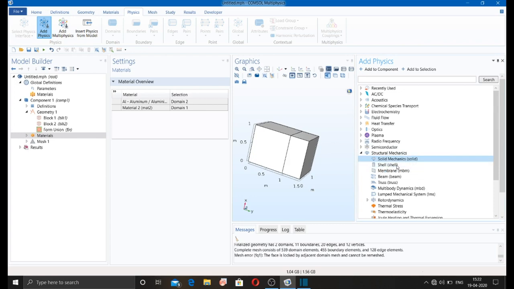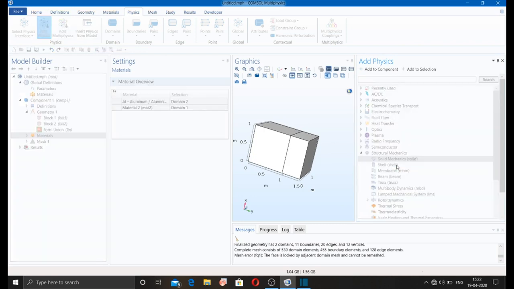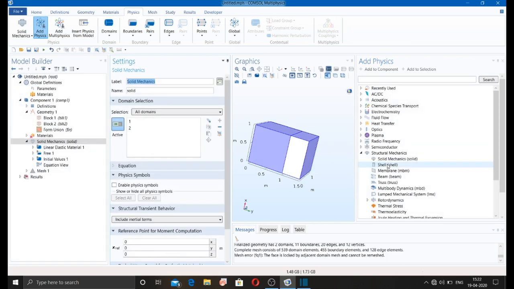Add to component. Okay, you can add more than one physics interface here. I will be showing you later. So this is the solid mechanics physics which has been added to the particular geometry.